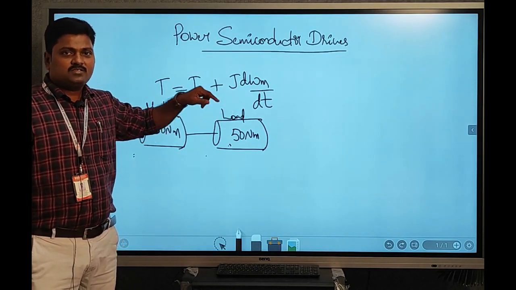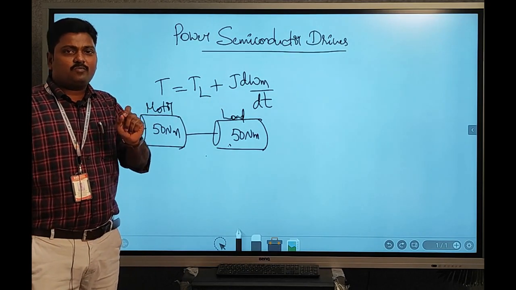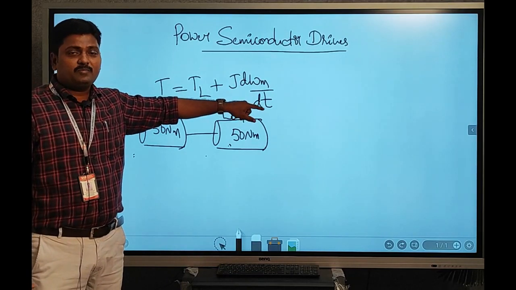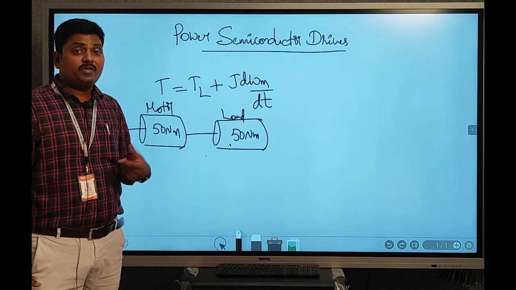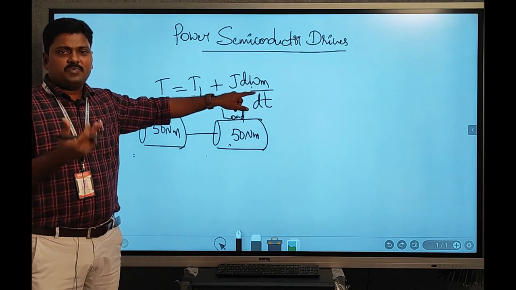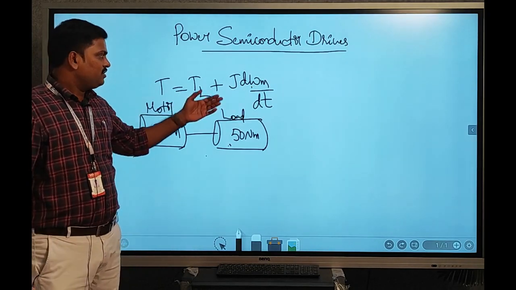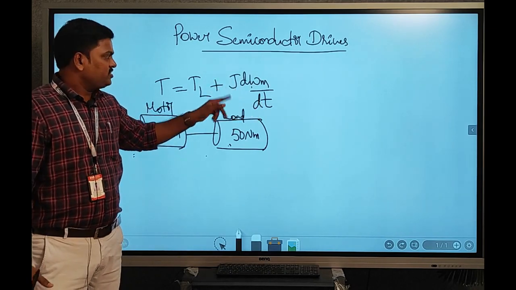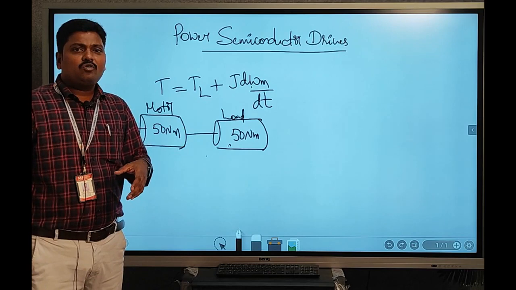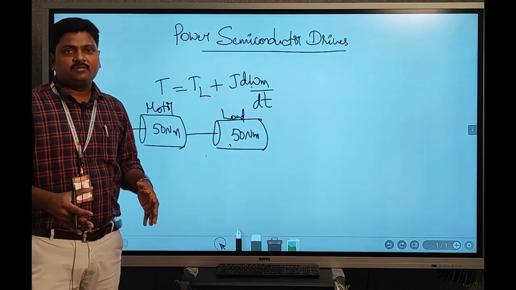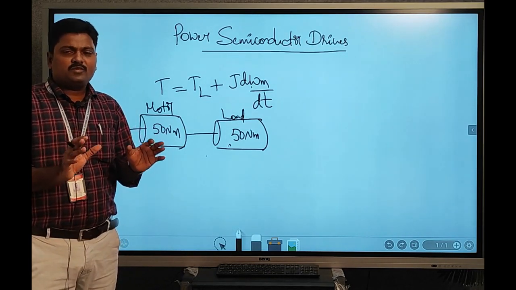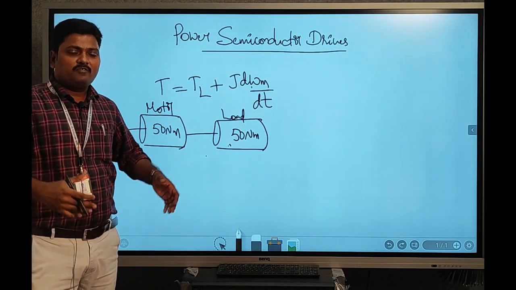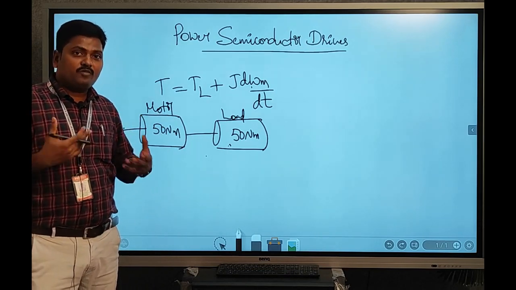So that is why, since the dynamic torque depends upon the change in speed, we have the expression d omega by dt. It depends upon the change in speed, d omega by dt. Omega is the angular speed, and d omega by dt is the change in angular speed with respect to time. But what is J here? Because every load doesn't have the same amount of inertia. Maybe a bicycle will have very little weight, so it offers very low inertia when you move. An iron cylinder or a heavy bike or a vehicle will have more inertia when you move it